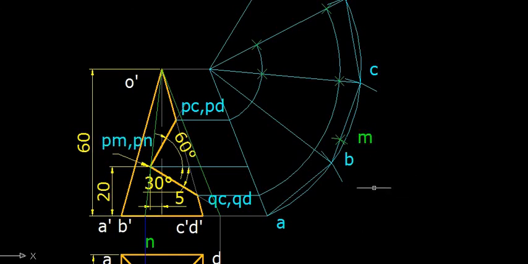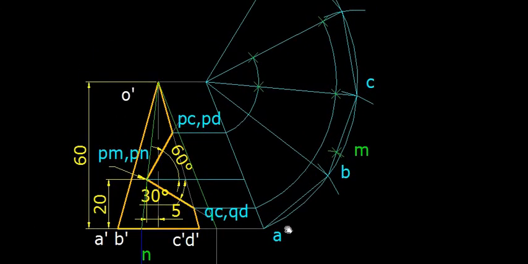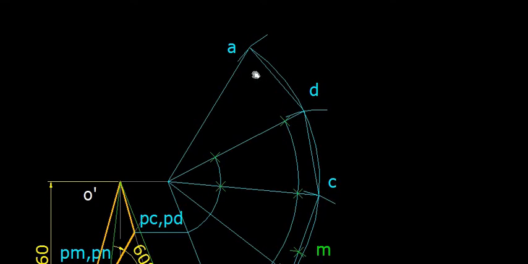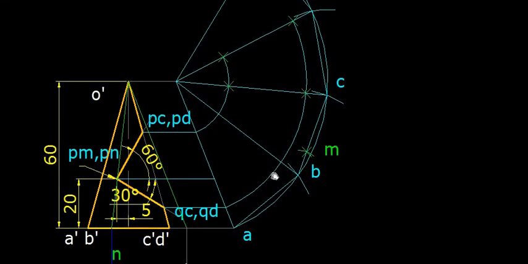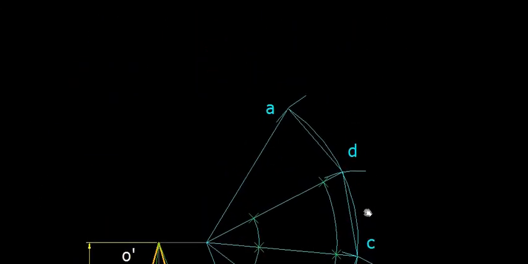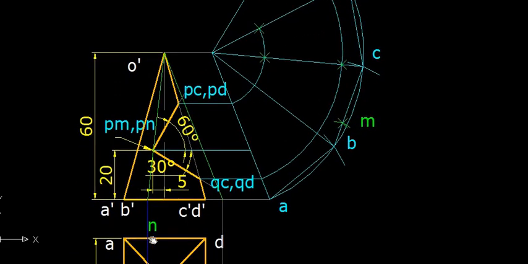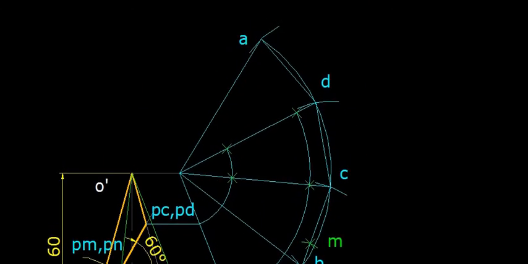Similar to this, there will be an N point, which will be along A to D. When we go from A to D, we get the point N. That means you will have to mark it from this A towards this D, and somewhere here we are going to get the point N. Do not try to mark it here, because it is not on AB. AB is intact, there is no point N. It is on AD, so it should be marked here. Again, take the same distance in the compass, from this point to this point. This distance is to be taken in the compass.